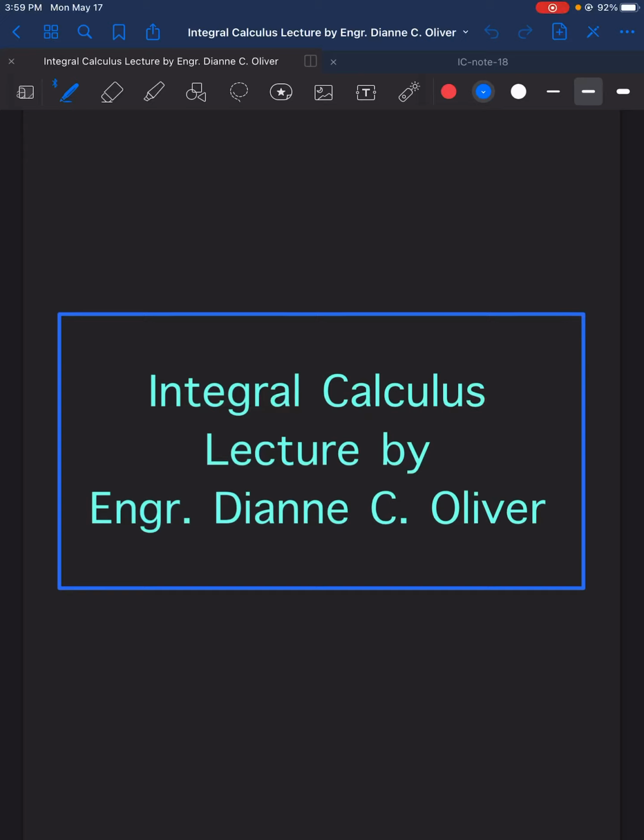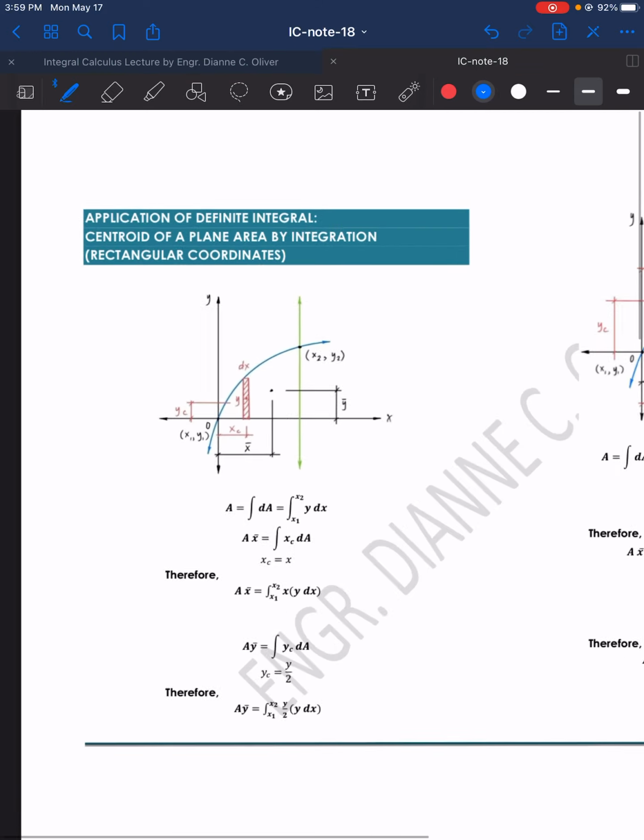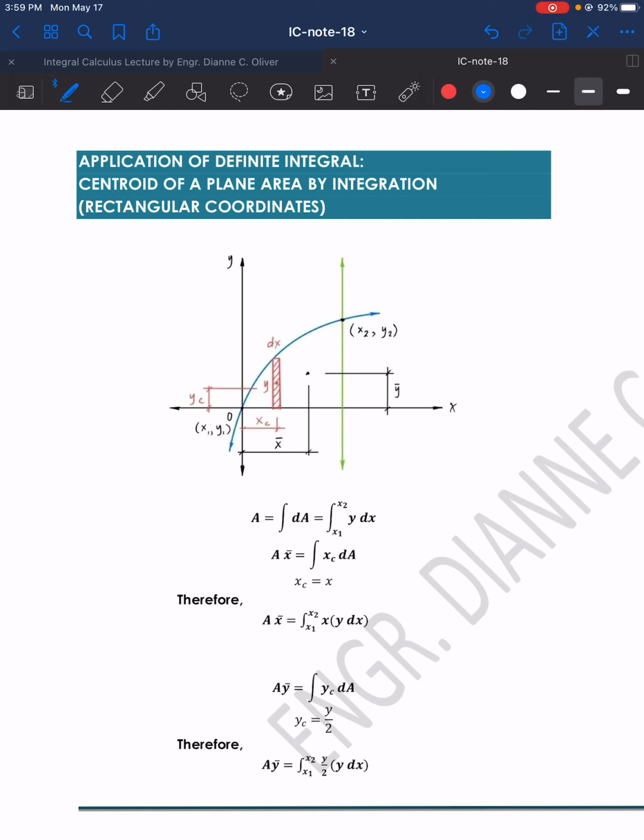So this is the continuation of our lecture video in integral calculus with the topic Application of definite integral: centroid of a plane area by integration, and this is in rectangular coordinates. Now if we're looking for the centroid, that is the centroid (x bar, y bar), then this is the purpose